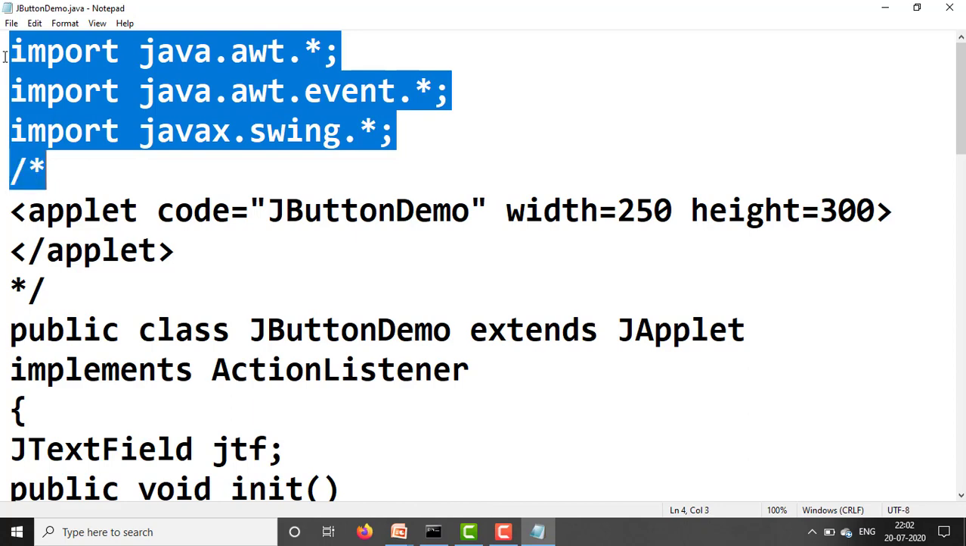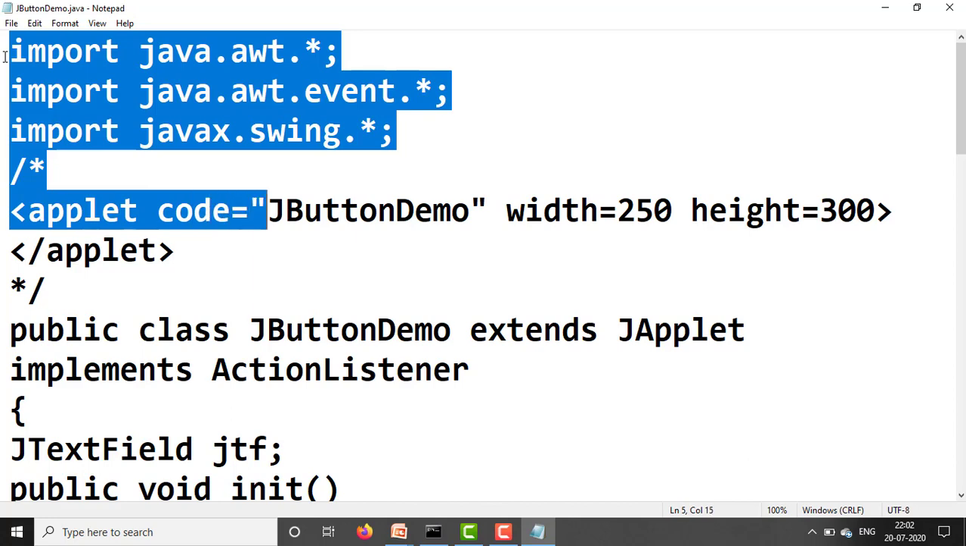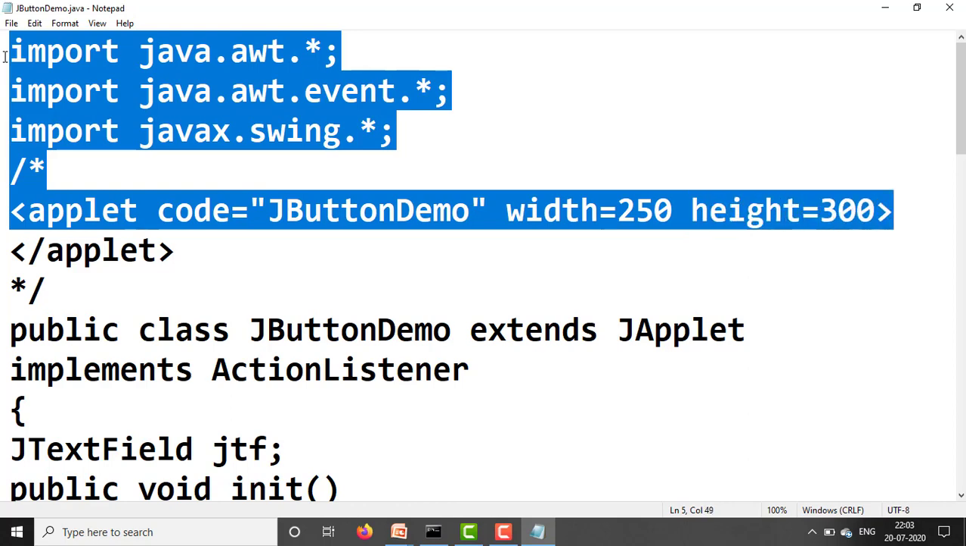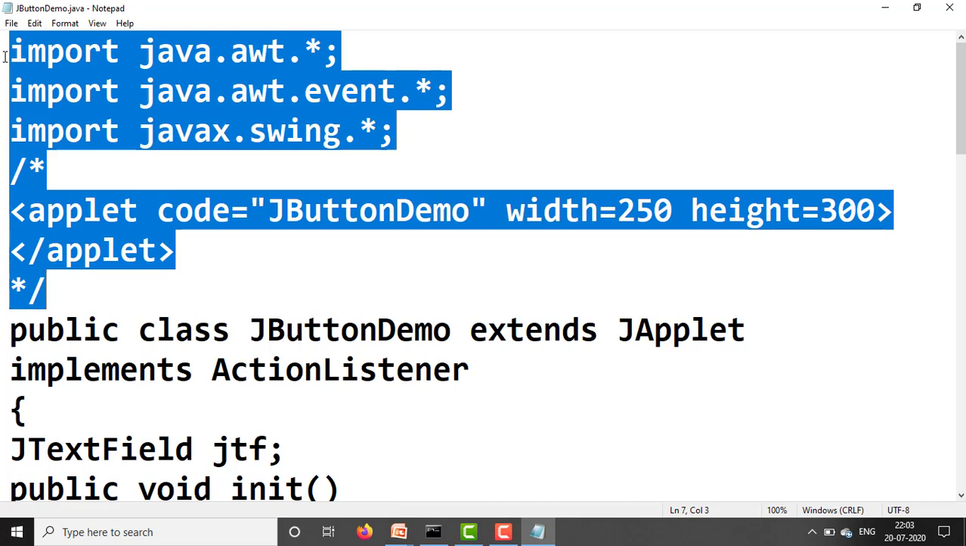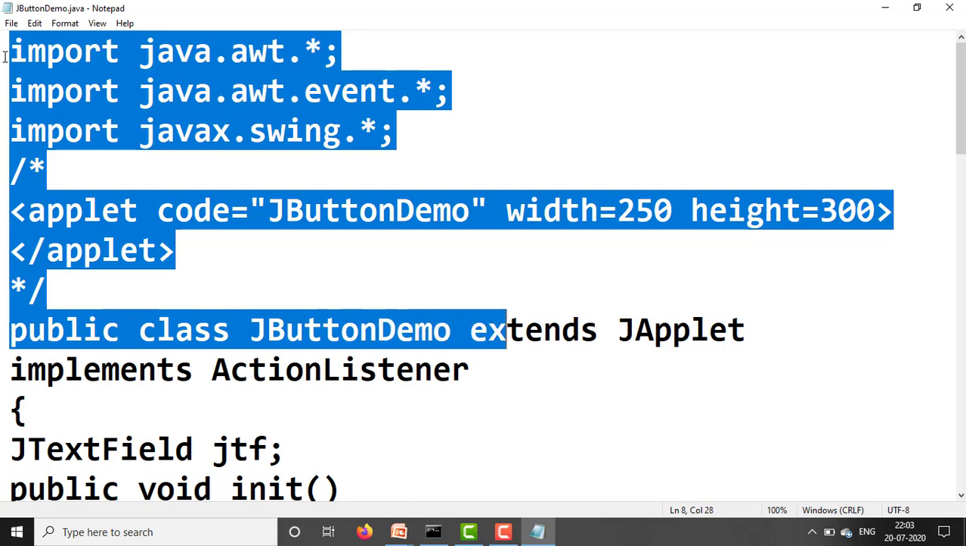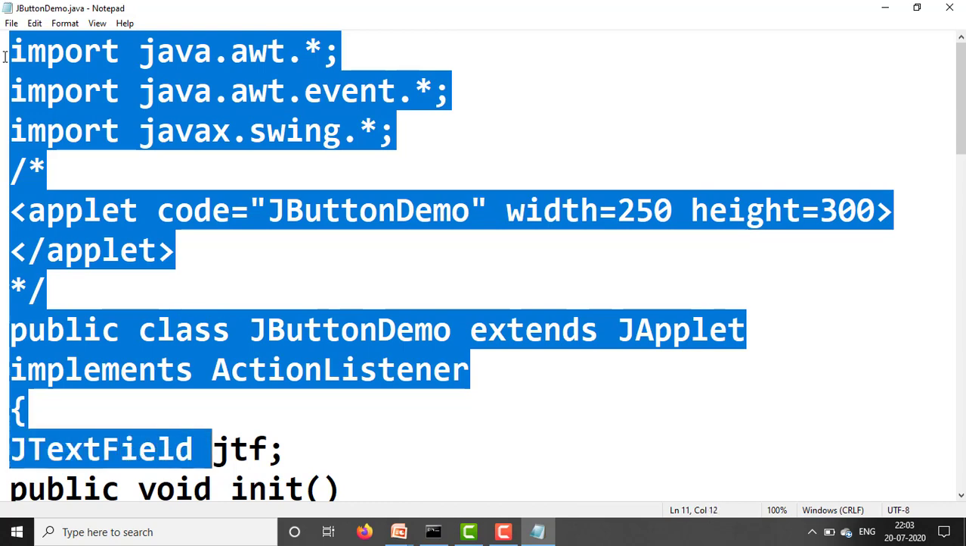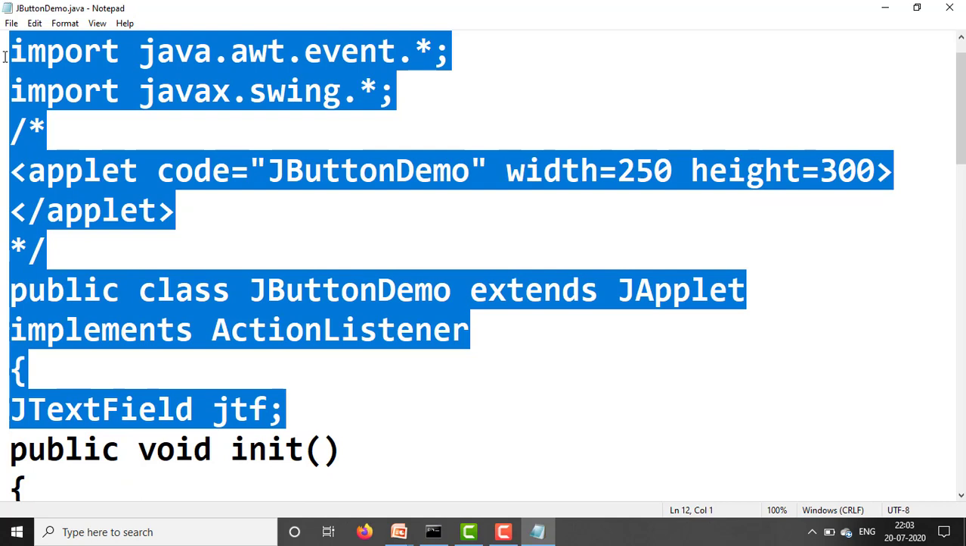Next, start the multi-line comment. Start the applet tag: applet code equal to JButtonDemo, our class name, width 250, height 300, tag close, /applet tag close. Next, close the multi-line comment. Start the class: public class JButtonDemo extends JApplet implements ActionListener. Open the class body, curly bracket open. Here declare one text field variable, JTextField JTF;